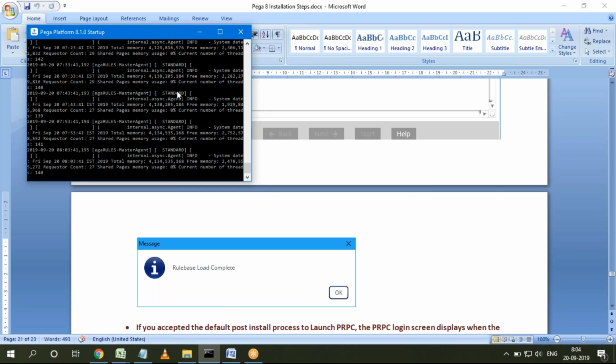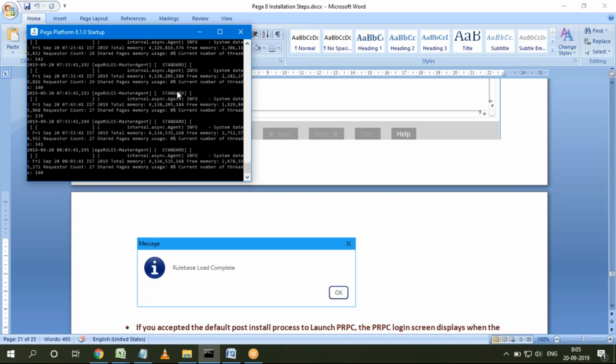And if you want to install Pega in your local systems, that is the home edition, or what we used to call the personal edition. But the application is the same. The enterprise edition application and the personal edition application are the same. What is the only difference? In the personal edition, only in your system can you access the application. That is intranet access you will be getting.